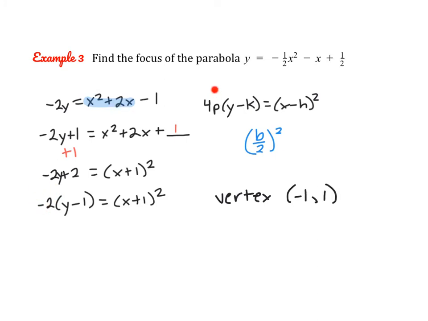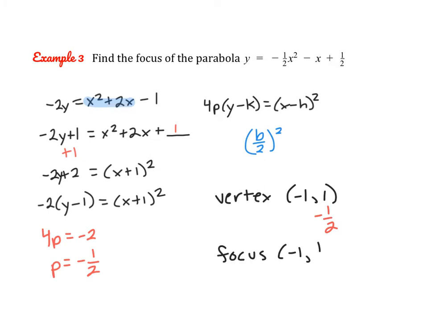I want to remind you guys that this is 4p. So to find p, we can set up a little equation. We can say 4p equals negative 2, which means that p is going to equal negative 1/2. So that means essentially we're going to start at our vertex, and we're going to move down 1/2. Now, since we are moving down, that means that I'm going to take this p-value, which is negative, and add it to our y value, because the y value represents vertical motion. So I'm essentially going to subtract 1/2 from my y value, and that should give us the focus